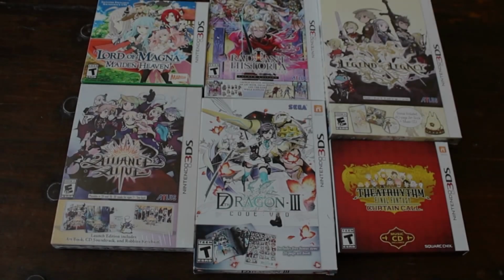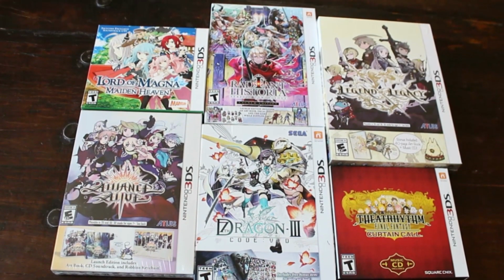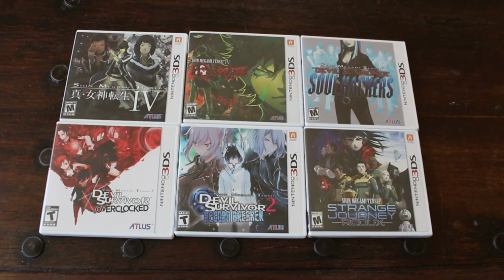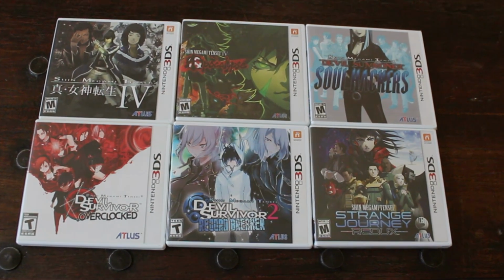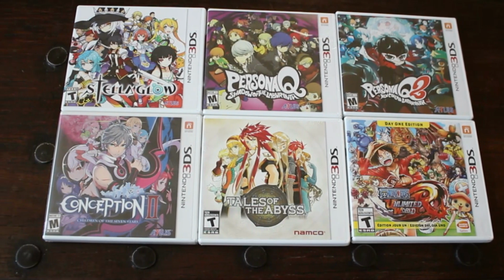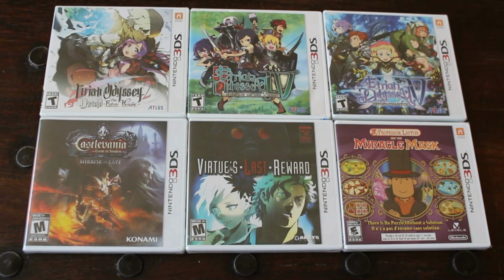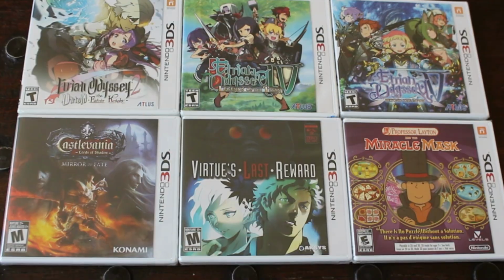And then here we have various larger launch edition boxes for JRPGs, and then Final Fantasy Curtain Call there. And here are all of my Shin Megami Tensei games on the 3DS, and I've been slowly going through them and enjoying them. Then here are some other Atlas titles and a few other JRPGs in my collection. Then here are the last of my Atlas titles with Etrian Odyssey and a few other games from various other